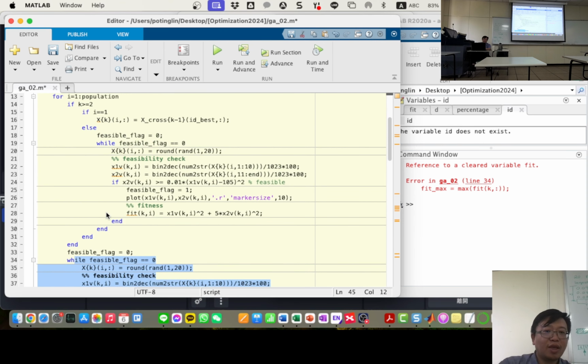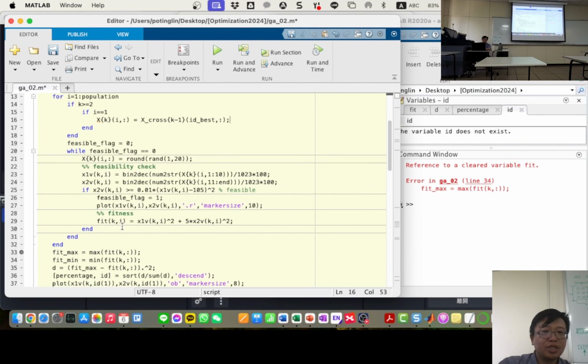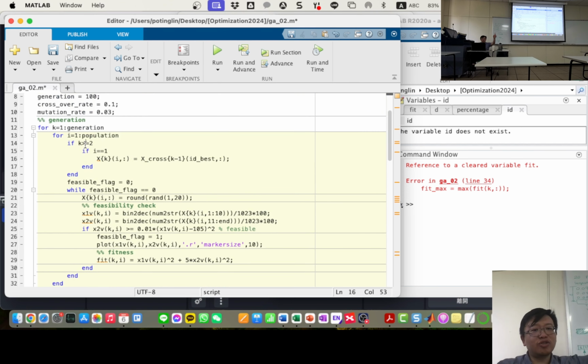Okay. And we're going to do this. So when k is larger than 2, for the first one, you will perform this. And you don't need to do this anymore. So you will, okay, you can say,